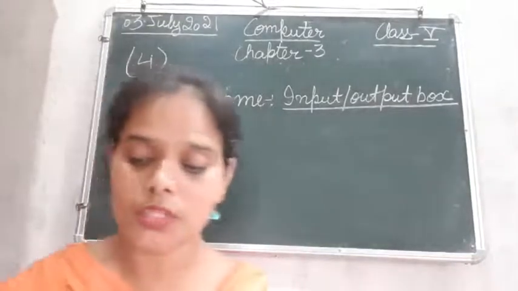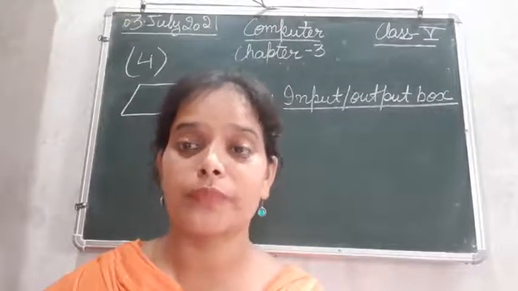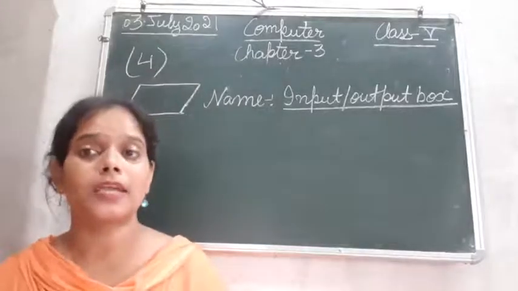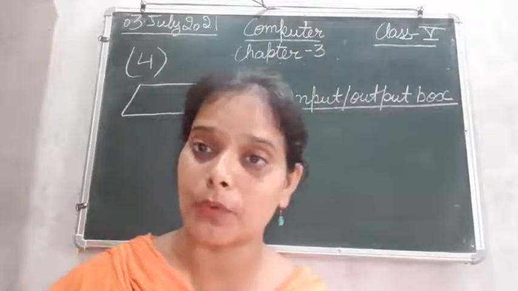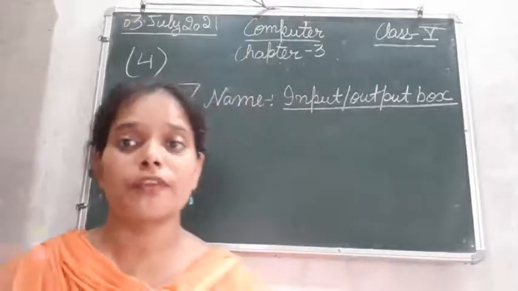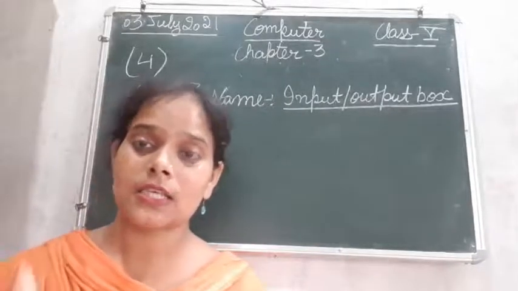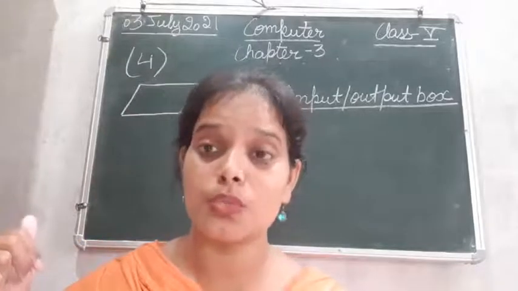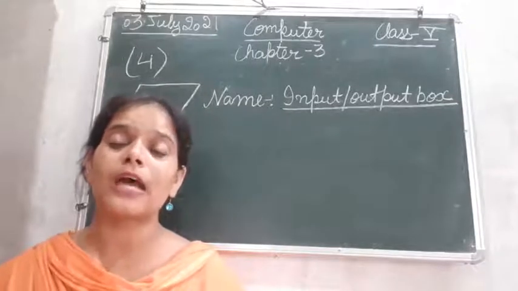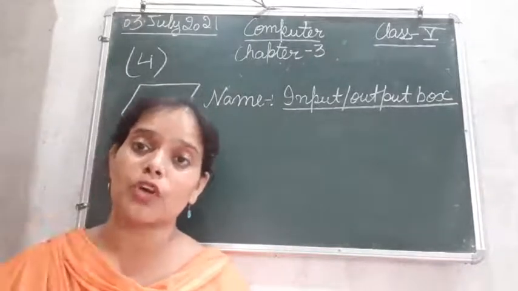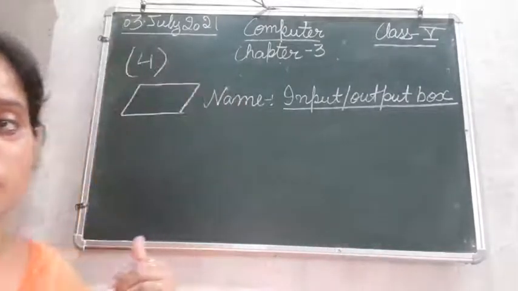So what is the use? It is used to indicate the input and output of a program. तो एक program है, देखिए हम flowchart बनाते हैं for developing a program. Okay, so we make a flowchart for developing a program, right? So this parallelogram symbol is used for showing the input and output of that program. So when we give this input, what will be the output of the program? That's why it is called the input and output box.